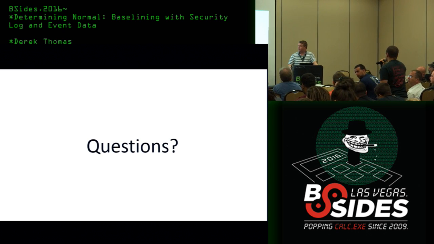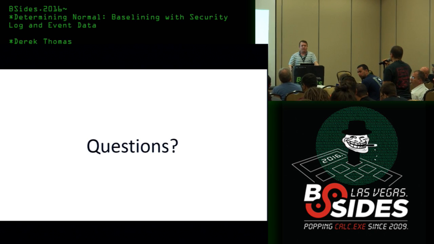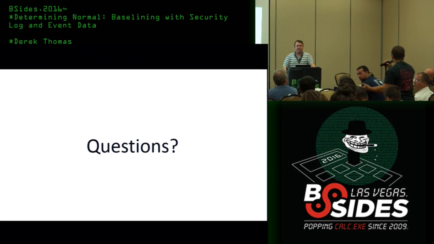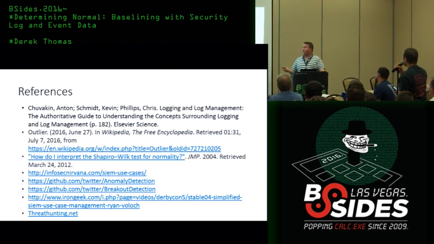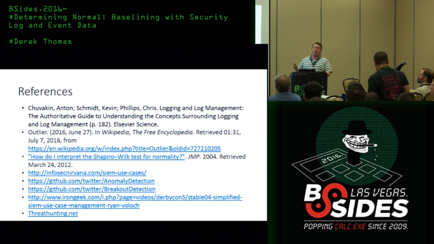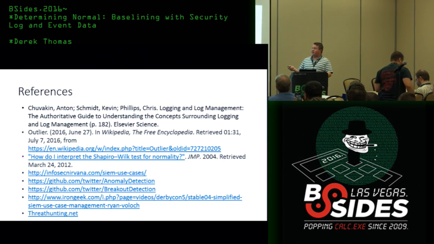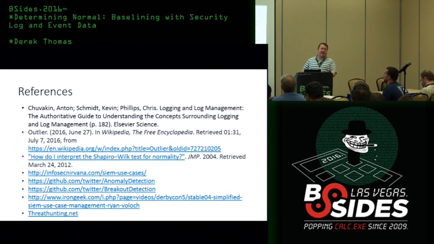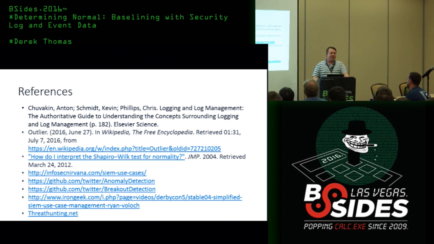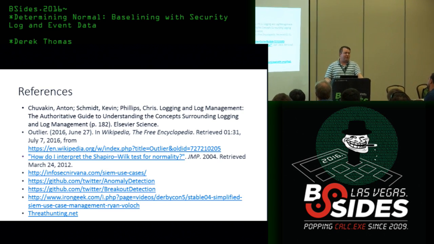Hi, thanks. Good talk. I'm going to ask maybe the most obvious question. What if it's not normally distributed? What if it's like a fat tail or something like that? Exactly. So that's where, like I said, this will only work on normally distributed data. You have to look at other methods, like a package such as anomaly detection, and that's something I have not explored. And there's a lot of data like that.